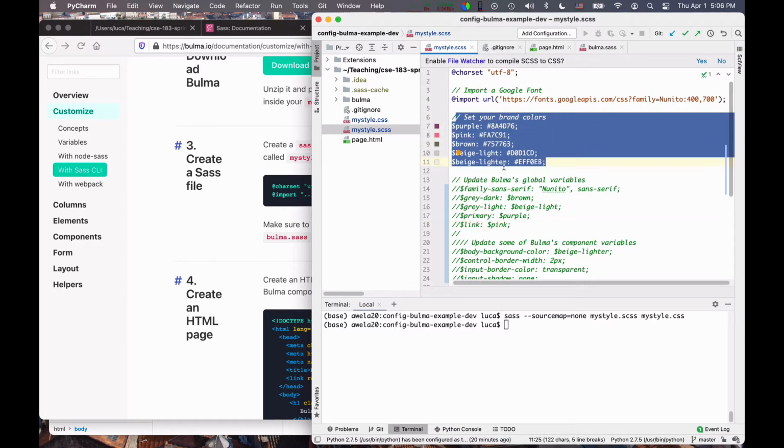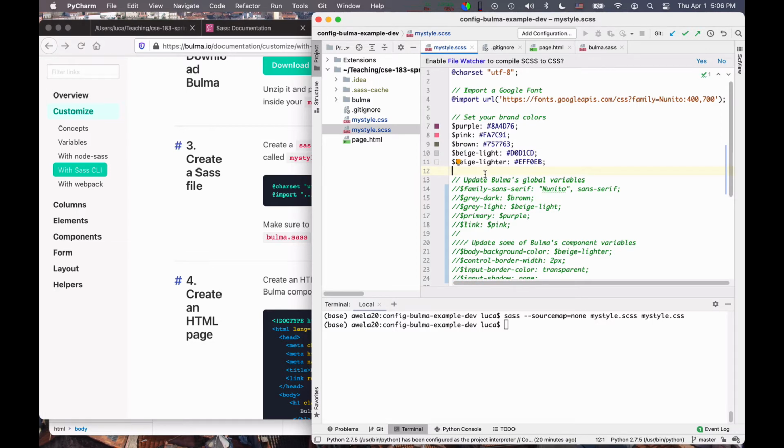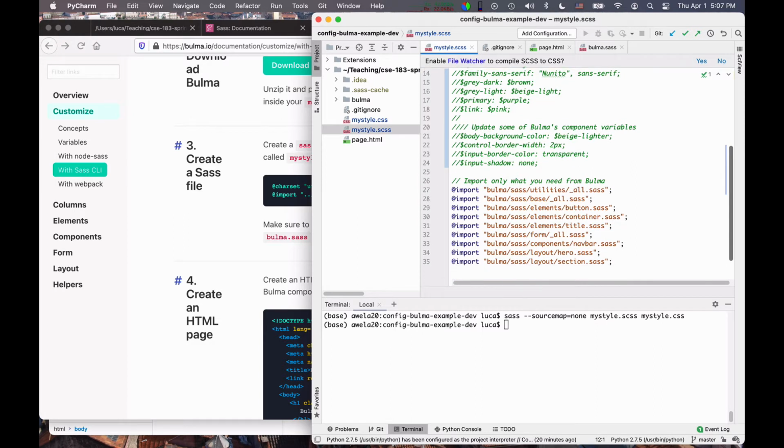You want to be able to define what are the colors that are going to be recurrent in the design of your homepage, of your website, I guess. And once you do that, you import the various pieces of Bulma, okay? And you create via Sass from mystyle.scss, which is this definition file, a mystyle.css.